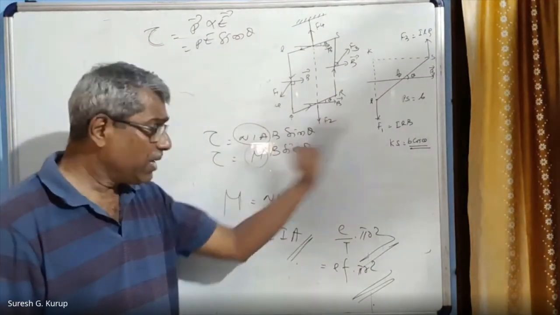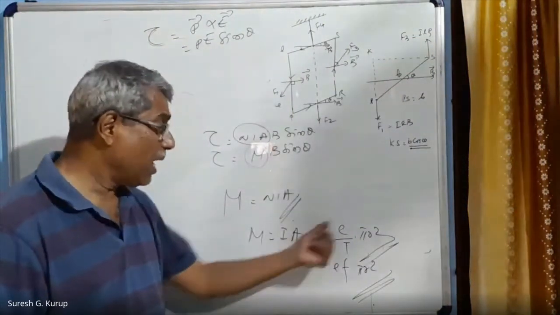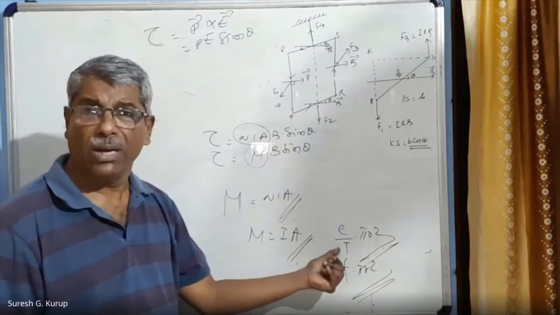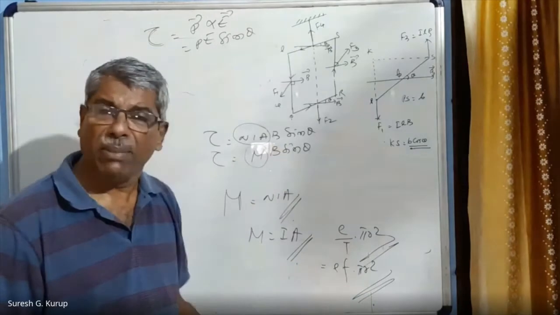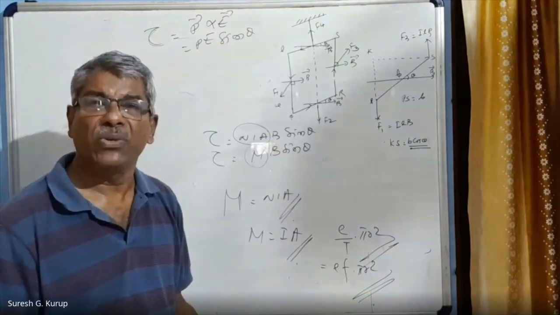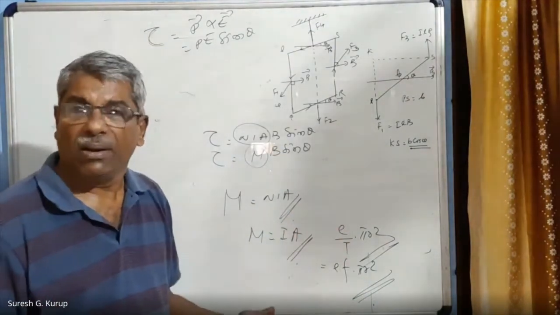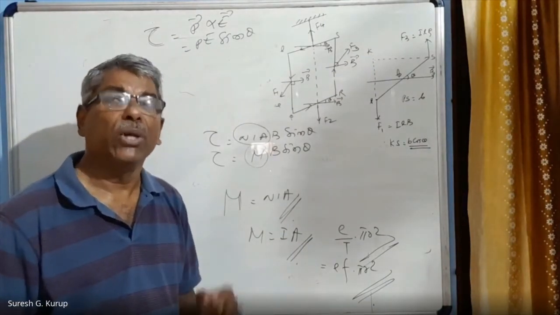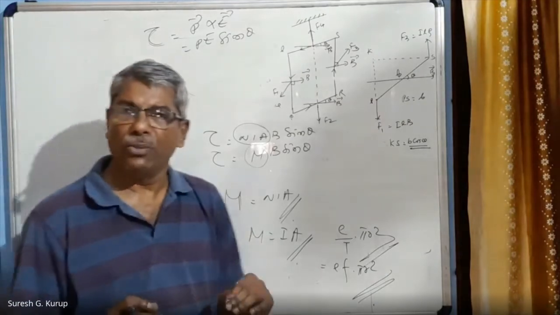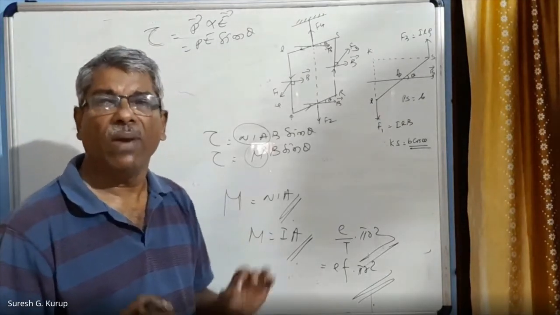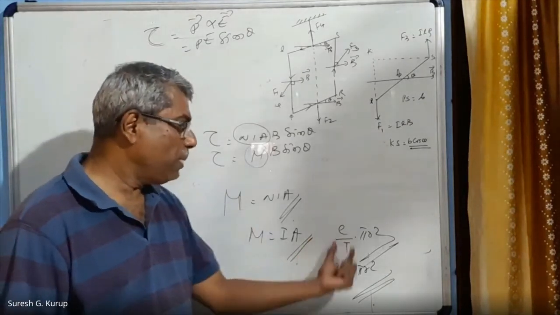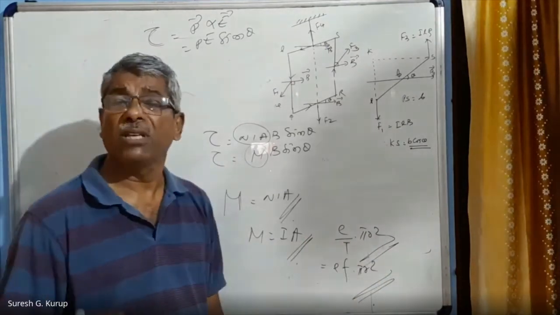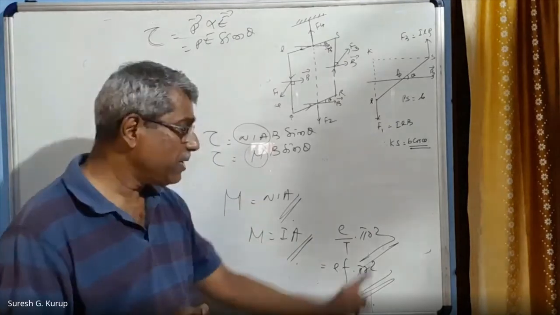In the case of an electron, what is I? I is equal to charge by time. What is the charge of an electron? That is equal to e. What is the time taken by the electron to complete one revolution? That is equal to T, right? Because electrons are moving in a circular path, and the circular motion is uniform circular motion. Uniform circular motion takes only a fixed value of time, right? So e by T into pi r squared. Why is it pi r squared in place of A that we have taken? Because electrons move in a circular path of radius r.